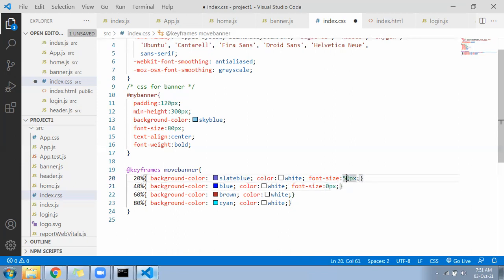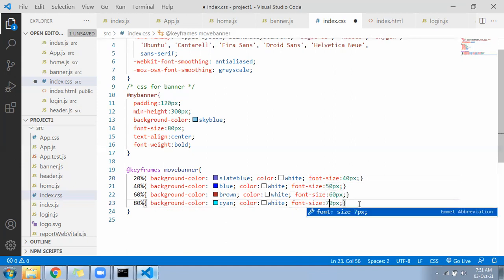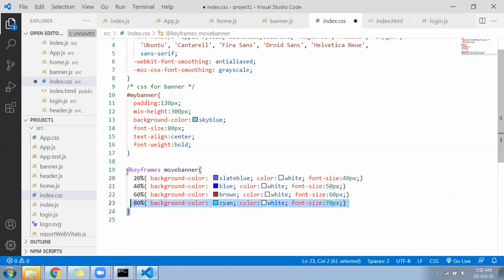Now start from 40, then next will be 50, next will be 60, next will be 70, and default is anyhow 80. This is your animation part.